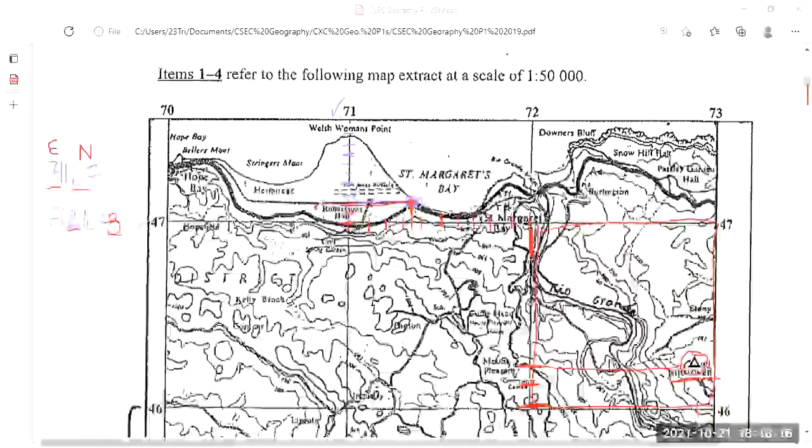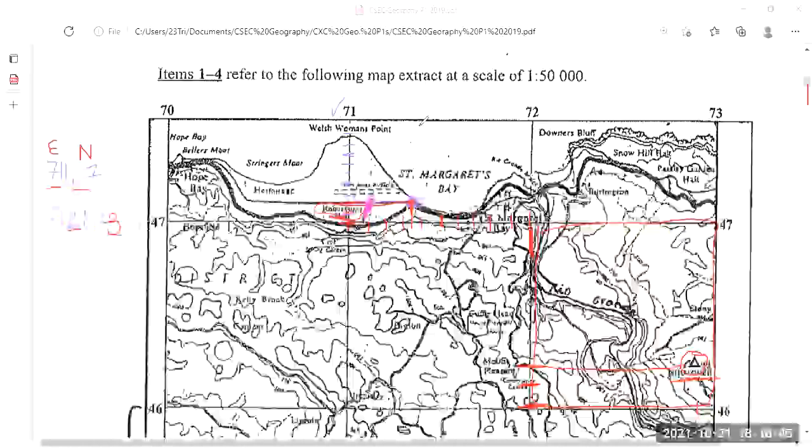It was nearby to St. Margaret's Bay. This is really where it is, right here. See the halt right here. Let me put the halt in a different color. Right here. See this figure right here? Yes, this thing that comes right here, so that's the halt, okay? So now that we have found Robertson's Halt, the question says, find the direction of the trig station at Shotover